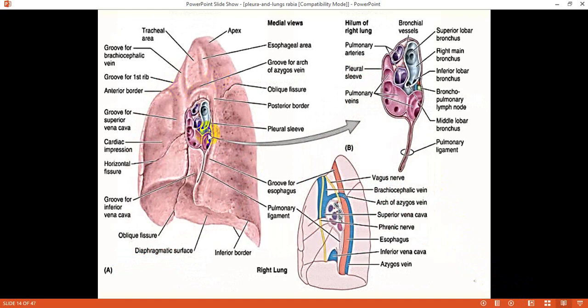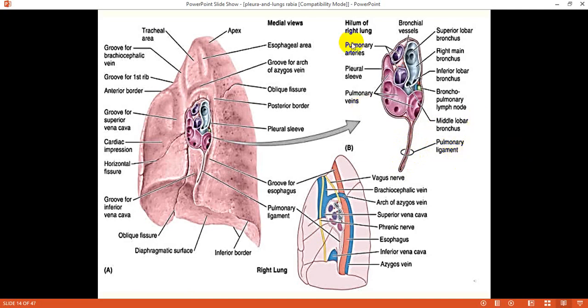When we cut the root of the lung close to the mediastinal surface, we can observe the structures passing in and out of the hilum or root of the lung. This area is a wedge-shaped area. The structures of the root of the lung are surrounded by a pleural sleeve or mesopneumonium, which is an extension of pleura over the hilum, and a downward extension of the pleura from the root of the lung is known as pulmonary ligament.